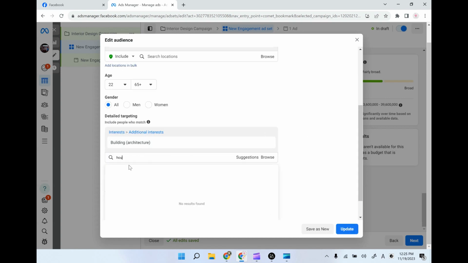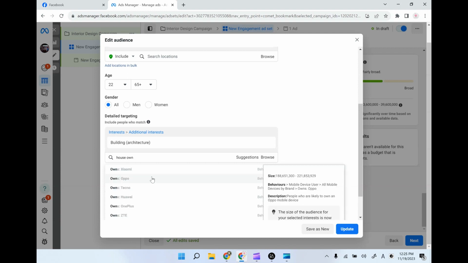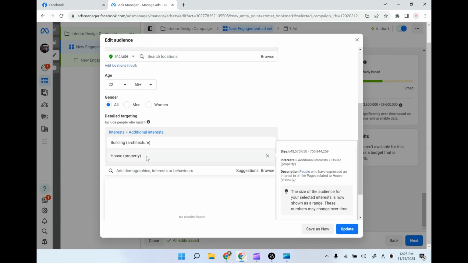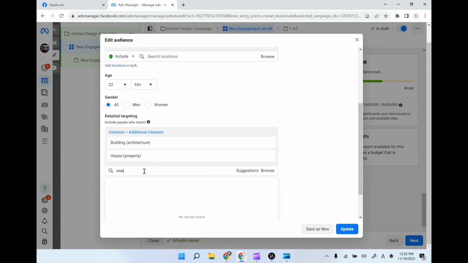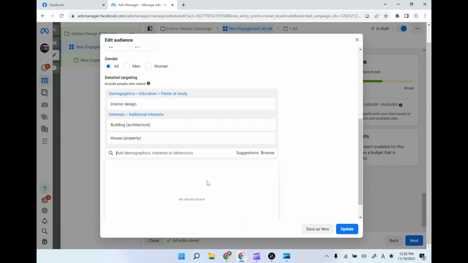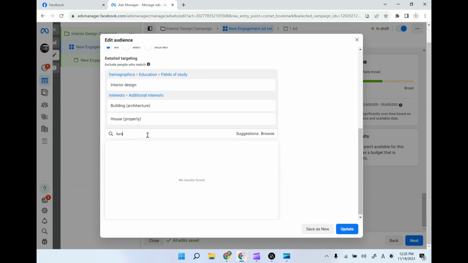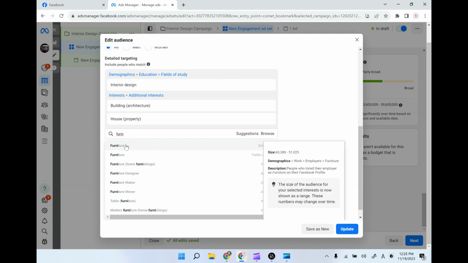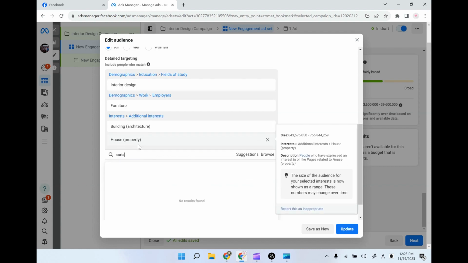Can say house owners. House property, interior, interior design, furniture, curtains,